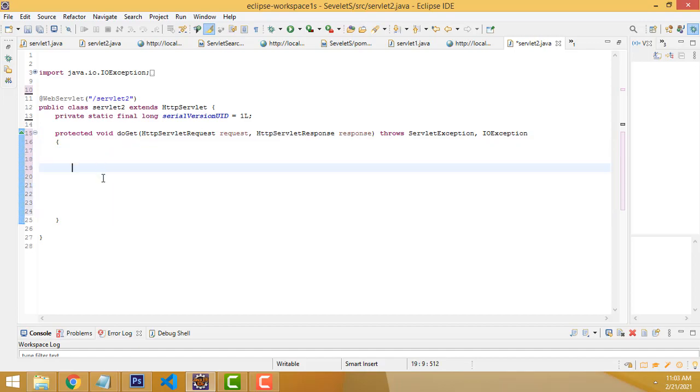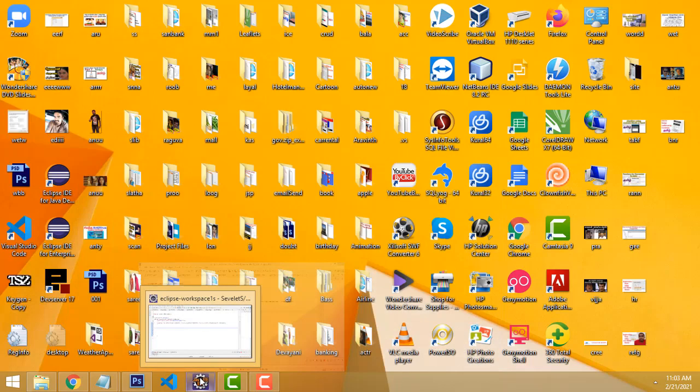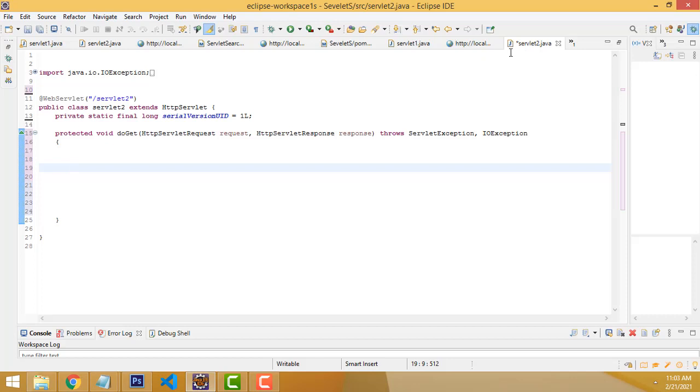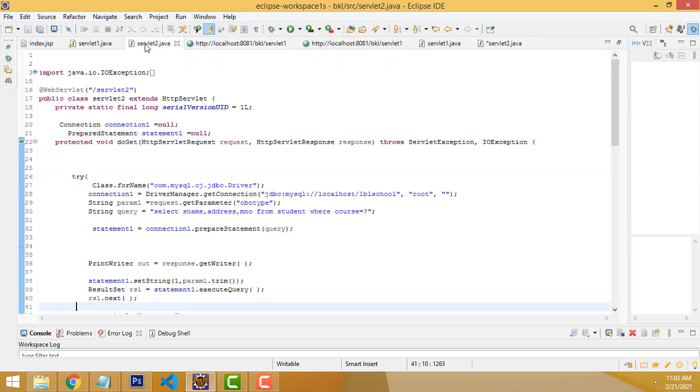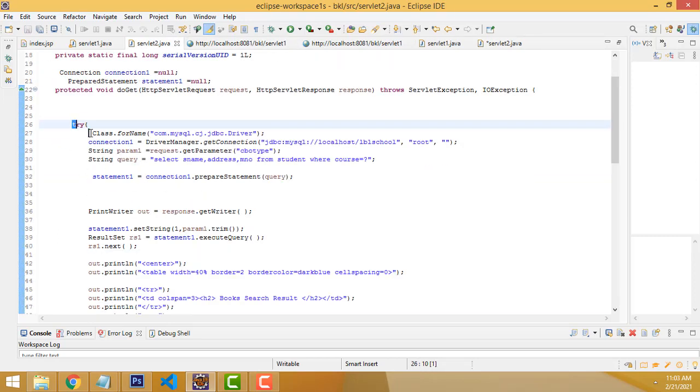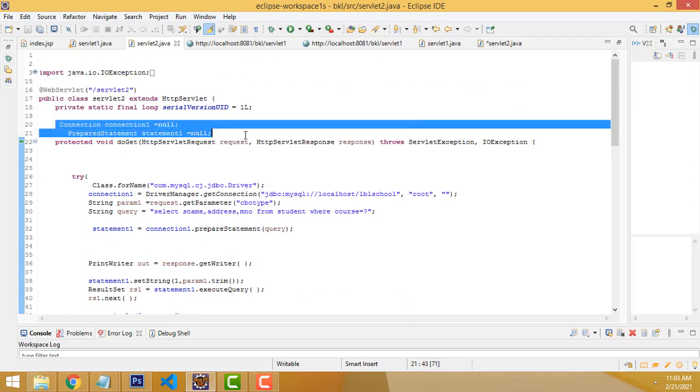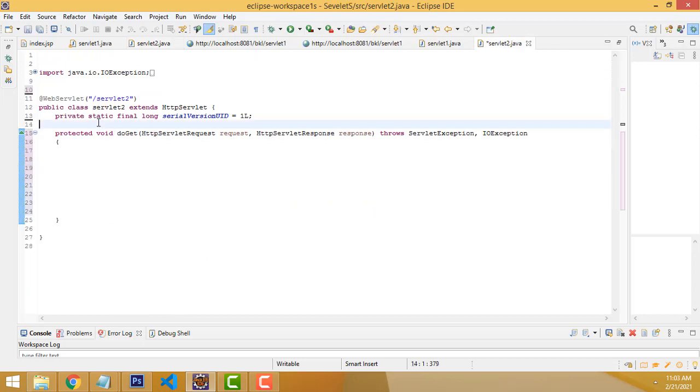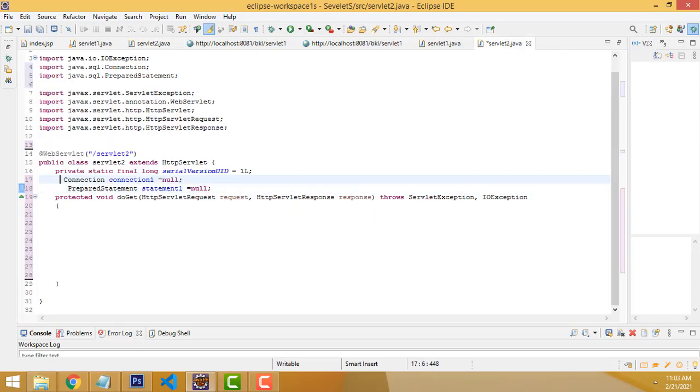Now here what I am going to do is paste this code. Only these two things we just copy and paste over here. The connection object and prepare statement object we have created.